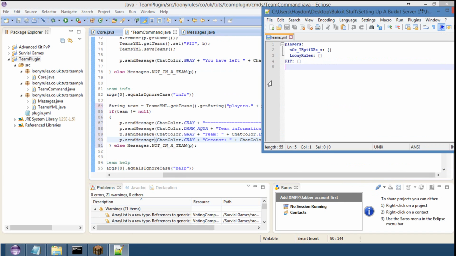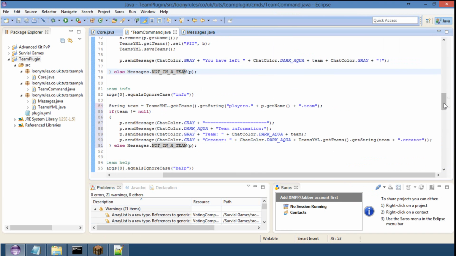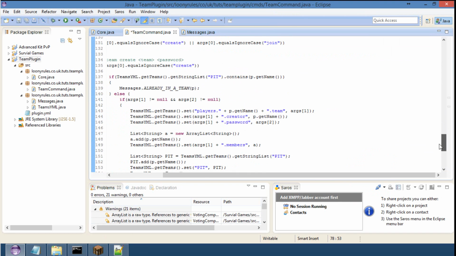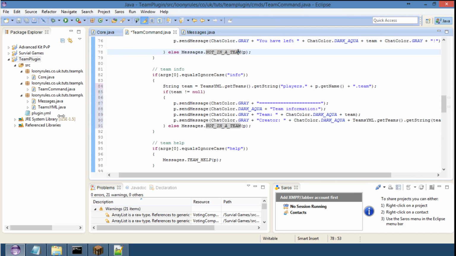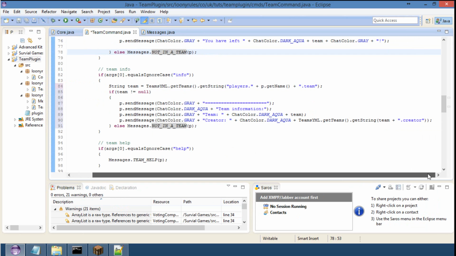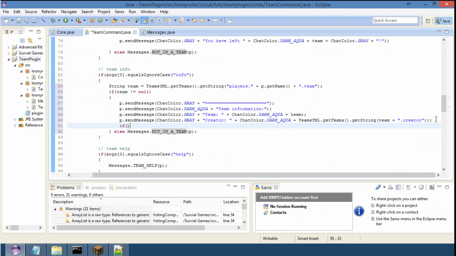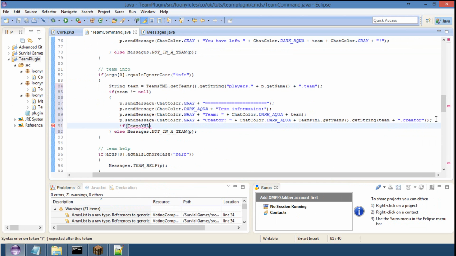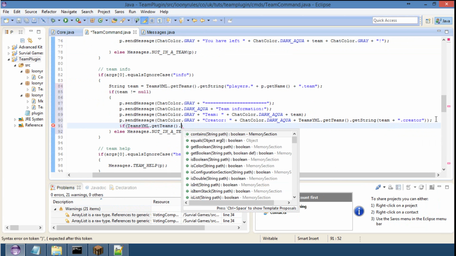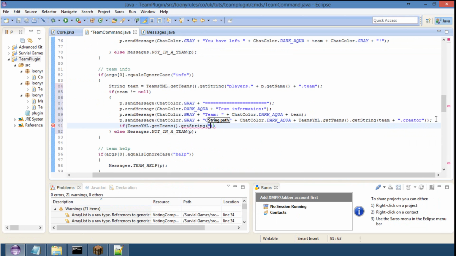Did we do the creator or did we do owner? He'll be in create. Alright, okay, so we did do creator, so that's good. We're gonna go ahead and just minimize that. So that's the creator. And now I'm gonna do if teams.yml.get teams.getString team plus .creator .equals p.getName()